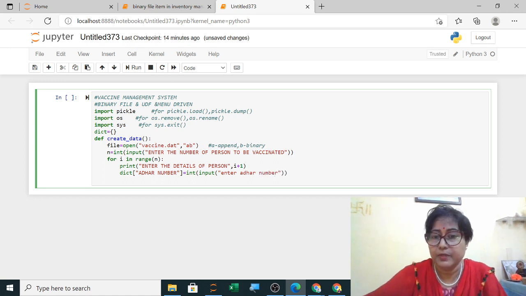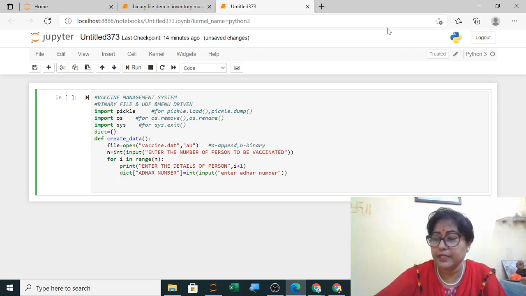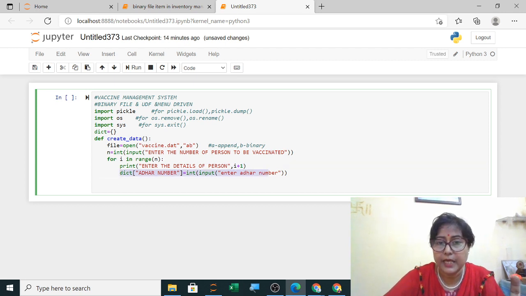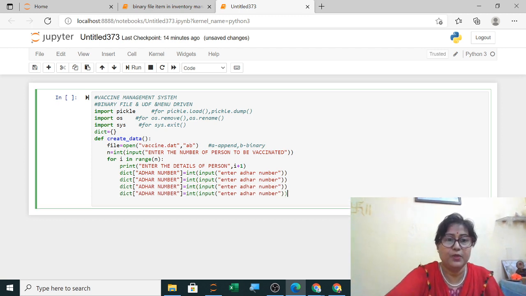Wherever you are not able to understand, you just ask, tell me, I will again repeat those things. Now this is to be repeated, so you can copy paste it. Aadhaar number, name, age, whatever is being asked. So four data I am asking from user.